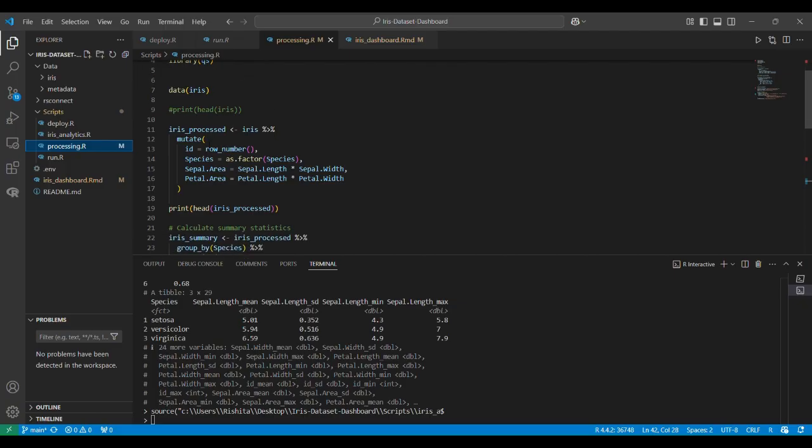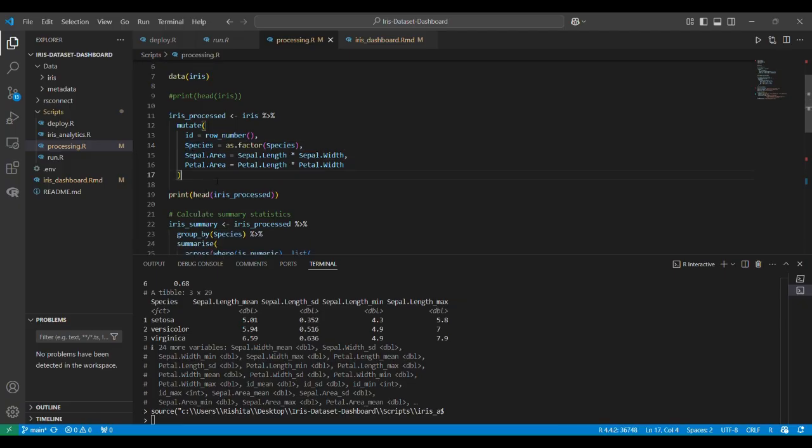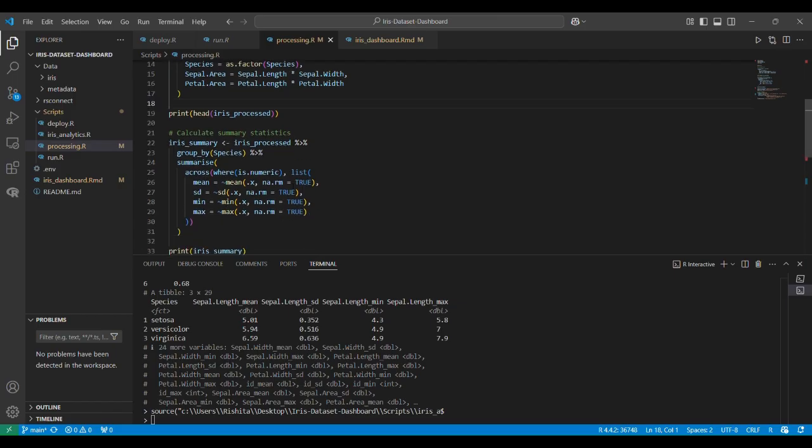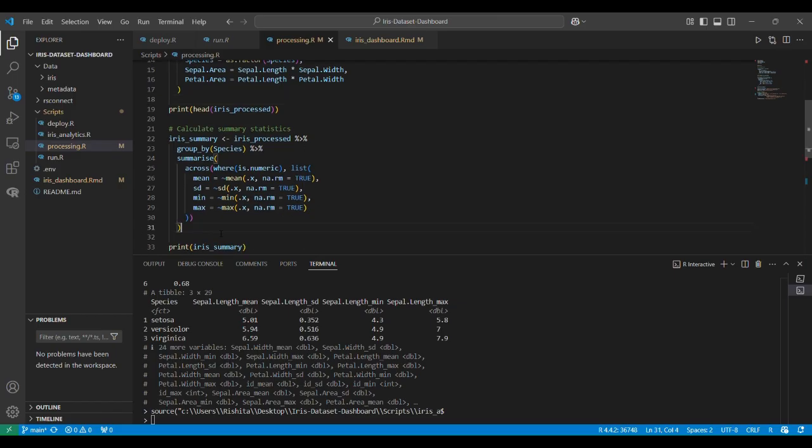Initially for the iris data, I've added a few more columns, like ID. I've used species to factor the classes, and I have also created sepal area and petal area columns. The next thing that I have done is the iris summary. Here